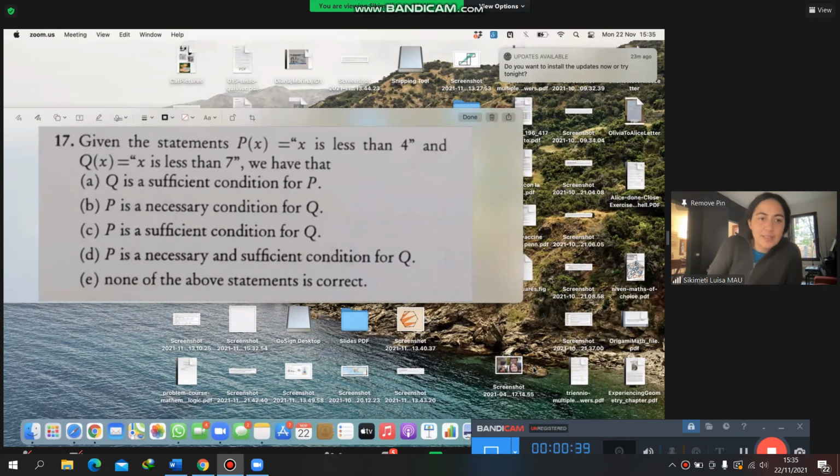So A is the statement that Q implies P. And B is a statement that P implies... so if P is a necessary condition for Q, that means that